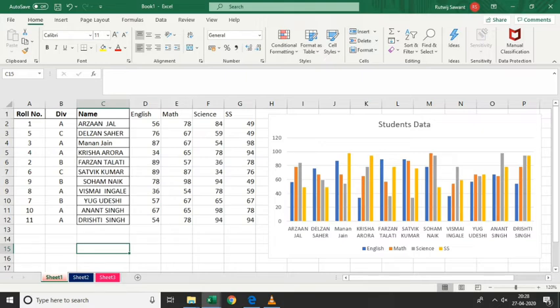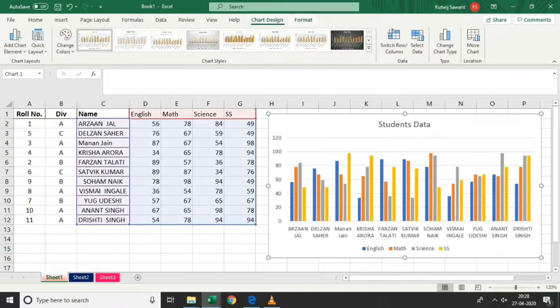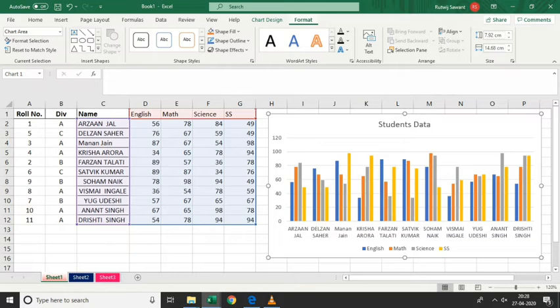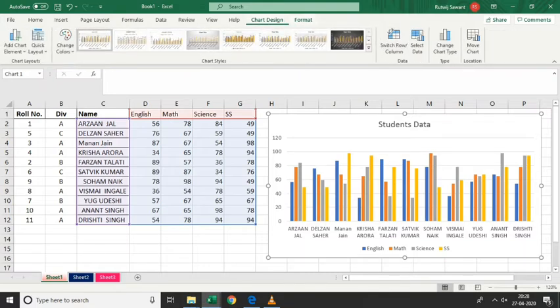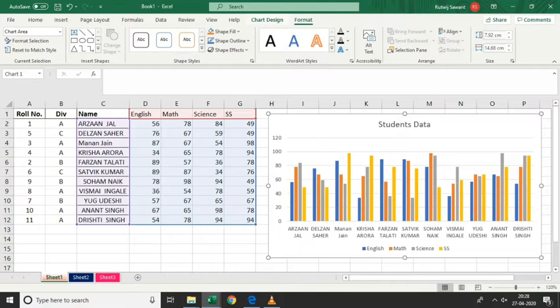Again I'll repeat, my version is different, so sometimes you will get only two tabs. If you are using Excel 7 or 10, you will get three tabs: one is Design, one is Layout, and one is Format. Instead of making three tabs, they have created only two tabs, and they have distributed the commands of the layout tab into different groups in these two tabs. So here you will get only two tabs. I'll start with the chart design.